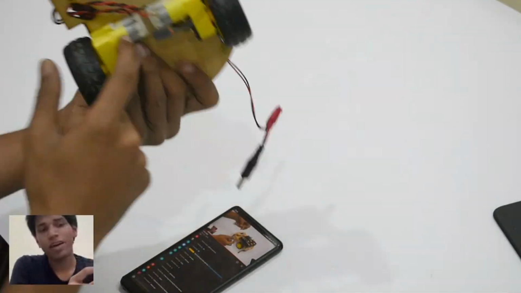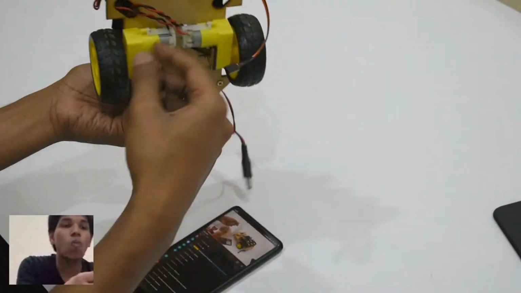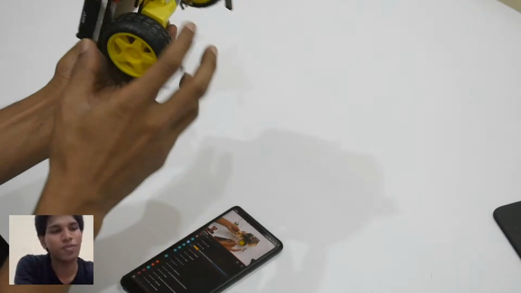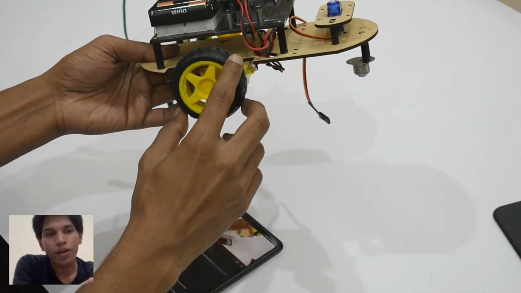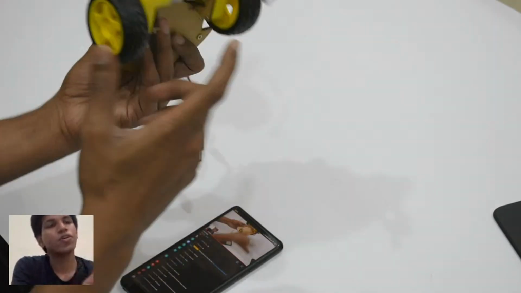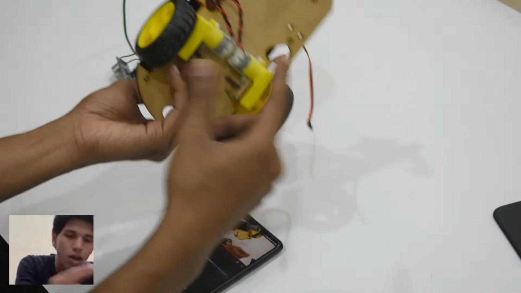But here in DC motors, you can't control how much angle it rotates. Let's say you want to say, I just want my wheel to rotate by 90 degrees. You can't do that using a DC motor, because here you can't control how much